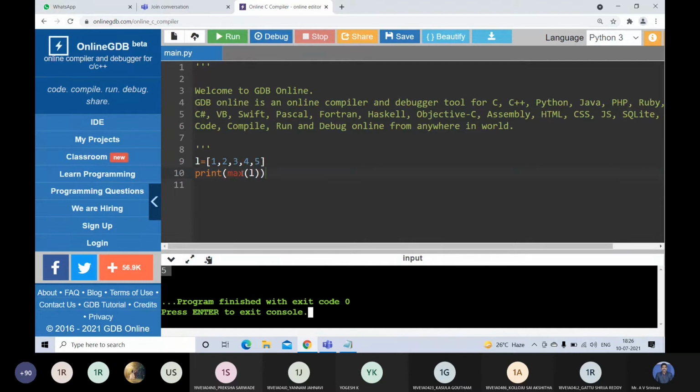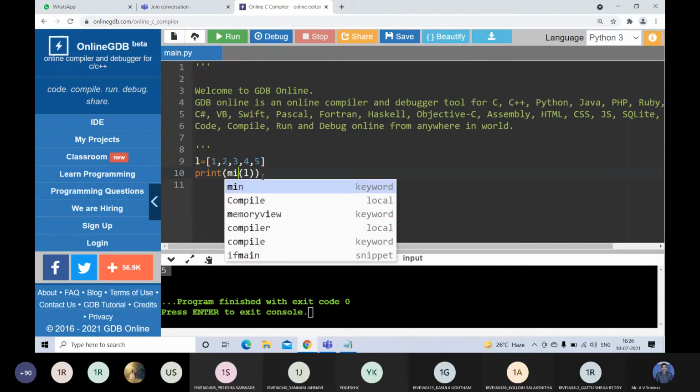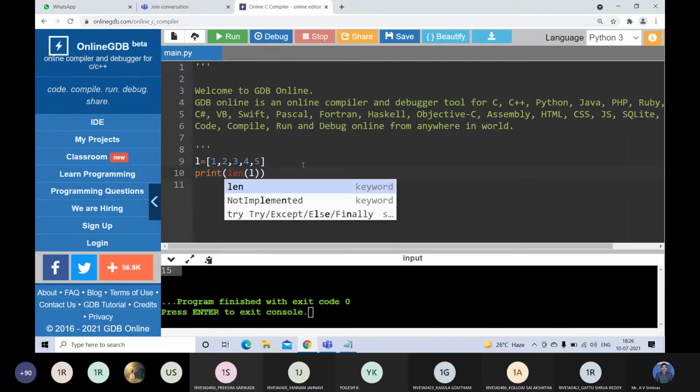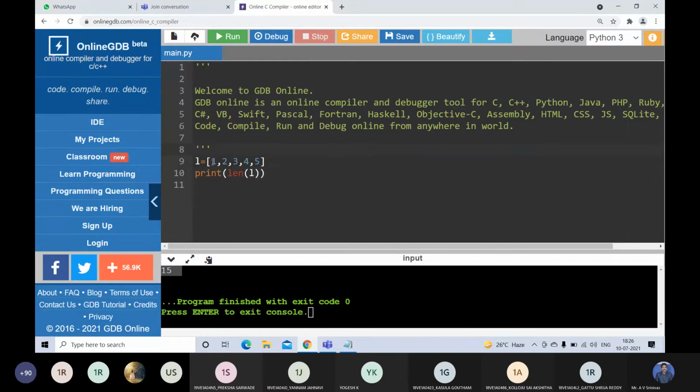If you write min of L, you will get the smallest element, that is 1 here. If you write sum of L, all the elements in the list are summed, that means 5 plus 4 plus 3 plus 2 plus 1. What do we get? 15. If you write len of L, how many elements do we have? 5 elements, so the length will be 5 here.